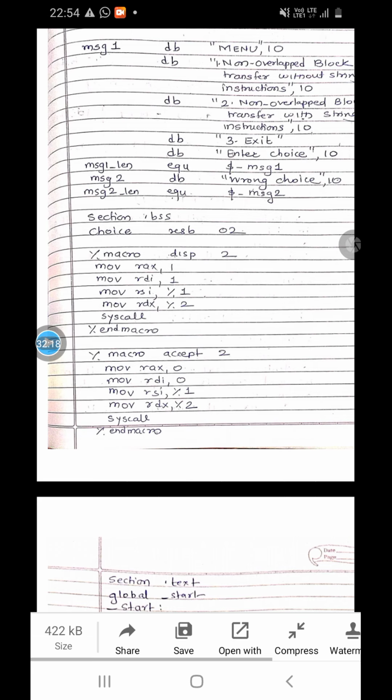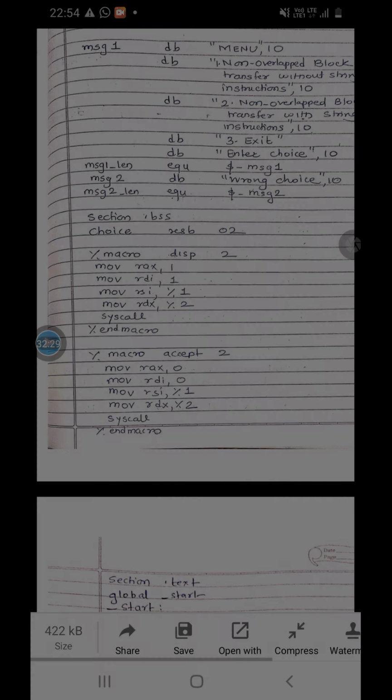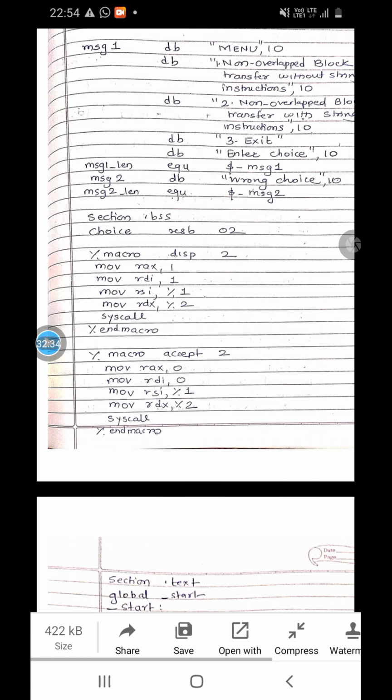Whenever you enter anything from the keyboard, it is stored as an ASCII value, and after this you are pressing the enter button. So the ASCII value of enter should also be stored. For that purpose we have declared the array whose name is choice. And how many bytes have we reserved? We have reserved 2 bytes. One is for storing the ASCII value of the choice we have entered, and one is for the ASCII value of the enter.